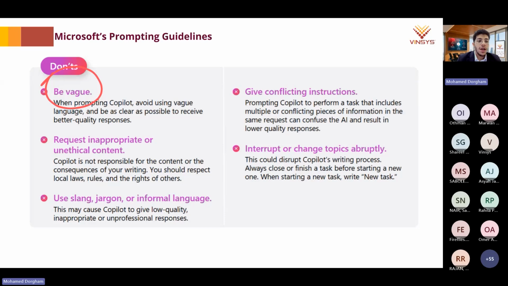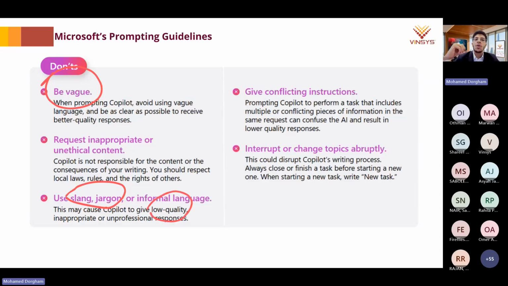Another thing is to always try to use clear language. Do not use slang or jargon words. It will really help the AI get what you are looking for. Because with these AI systems, if you drop an informal word, it will still give you an answer, but it will give you a low quality answer.